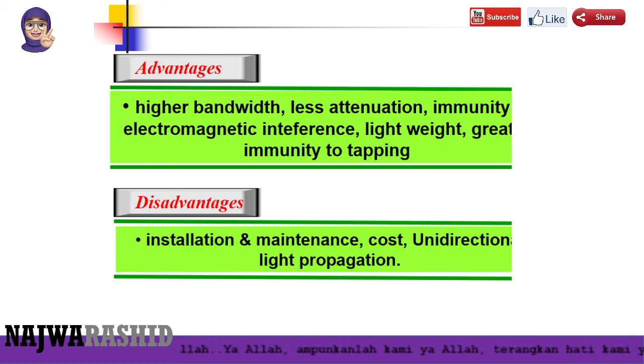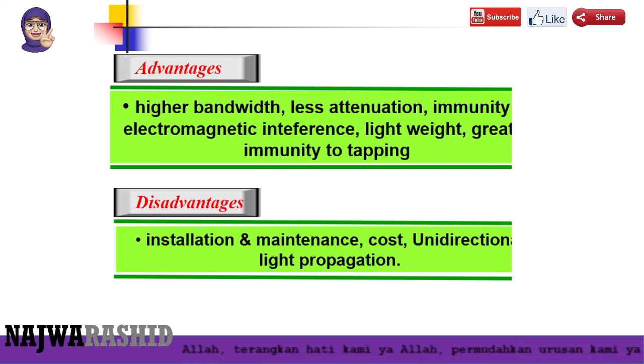Okay, so the advantages of the fiber optic over the coaxial and twisted cable. Higher bandwidth, less attenuation, immunity to electromagnetic interference because it is glass. Lightweight, greater immunity to tapping. These are the advantages. However, the disadvantages, the installation is quite